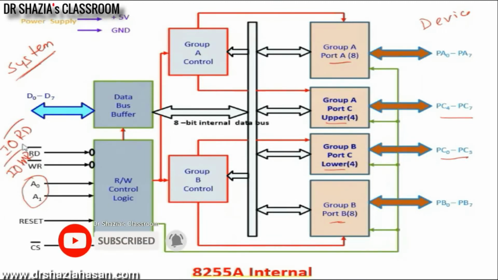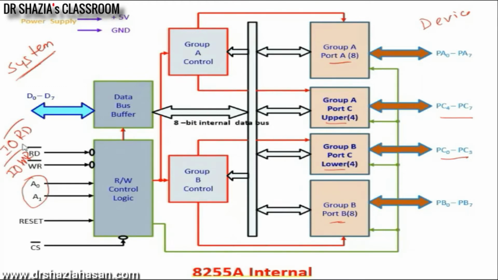So these 2 lines are connected with the IO read or IO write signal from the microprocessor. What does it imply? That means this chip will operate only when the microprocessor is generating either the IO read control signal or the IO write control signal. When will the microprocessor generate IO read or IO write control signal? When it is in